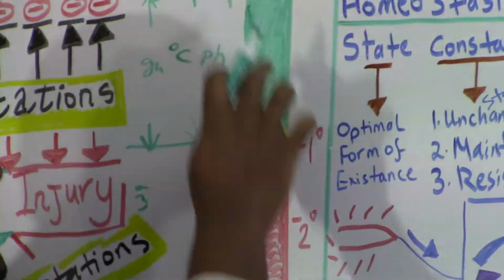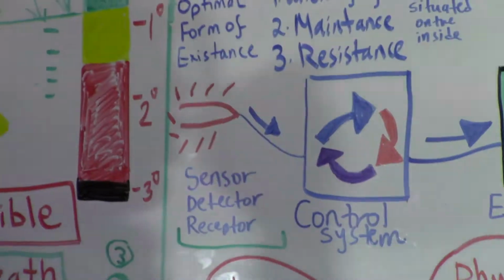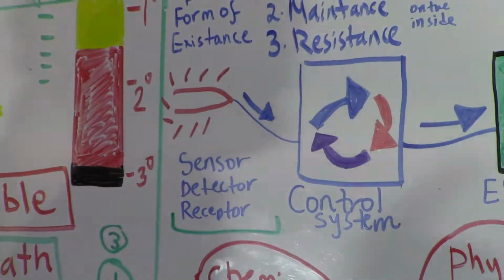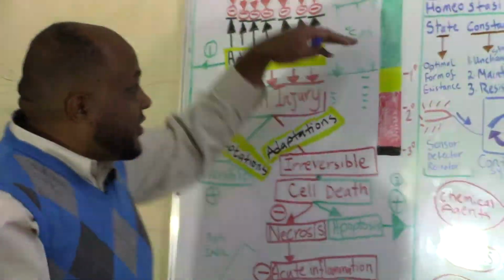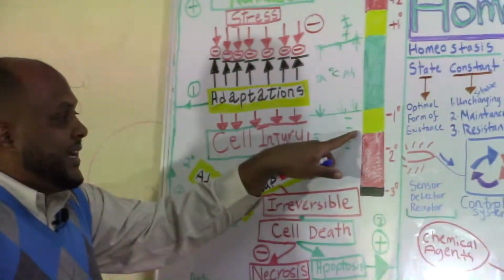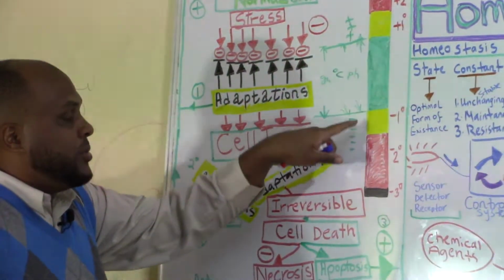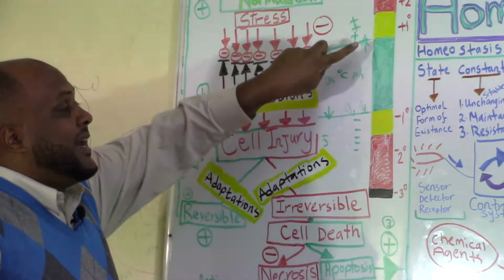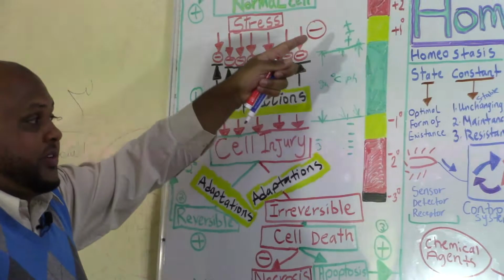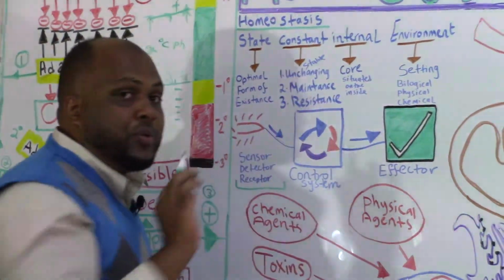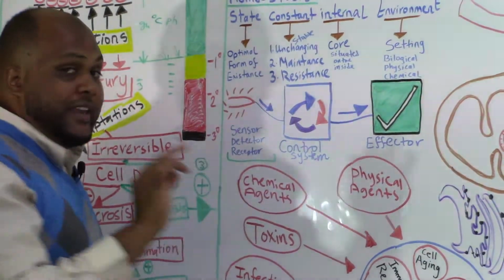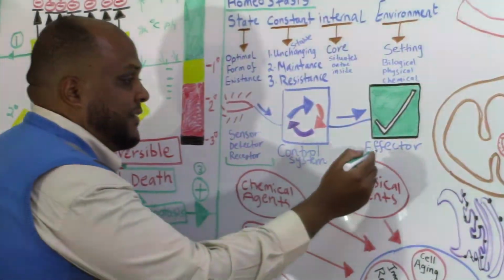This sensor will send a signal to a control center. The control center will understand whether or not there is a decrease below the homeostatic range, this optimal range, or if there is an increase above that optimal range. Then the control system will send the proper message to the effector. It's called an effector because it does the effect of